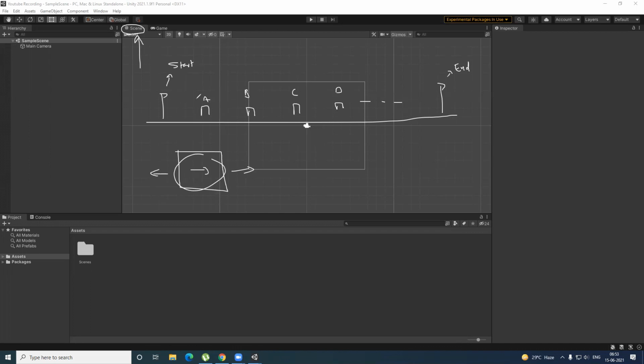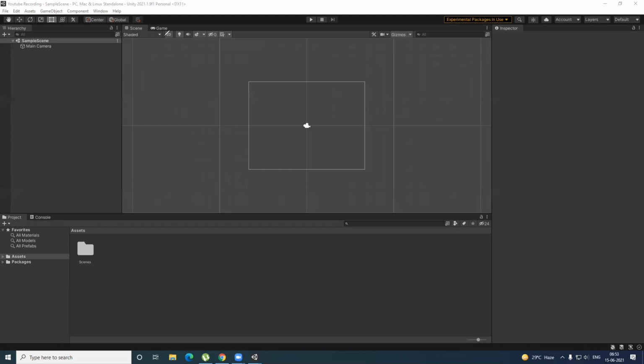So let's suppose you have a platformer game, or you have a scene too big that cannot fit inside the camera. This is where the scene window comes in to manage all the stuff. Then, moving on, this is the game window. Whatever you put on the camera is visible here. As you can see, this has a resize, so it is on the size of the game. This is the game window where the actual game works. This is the scene window.